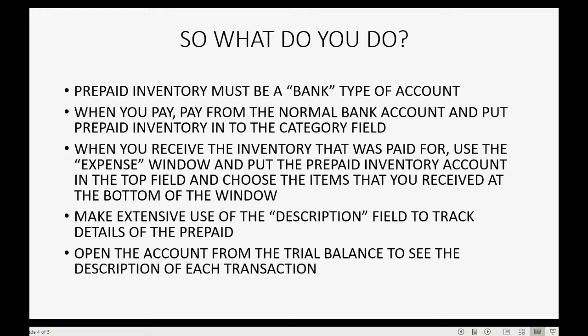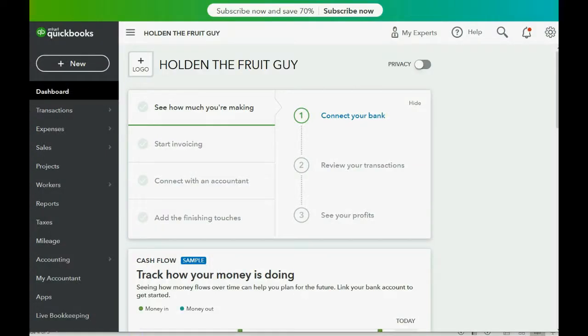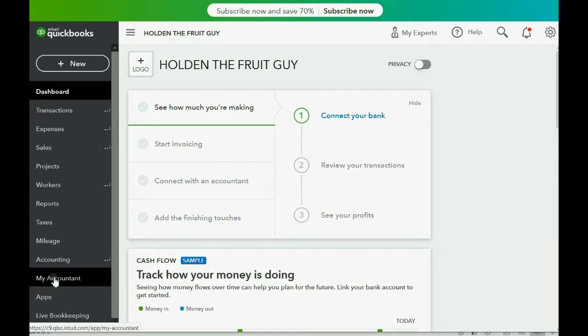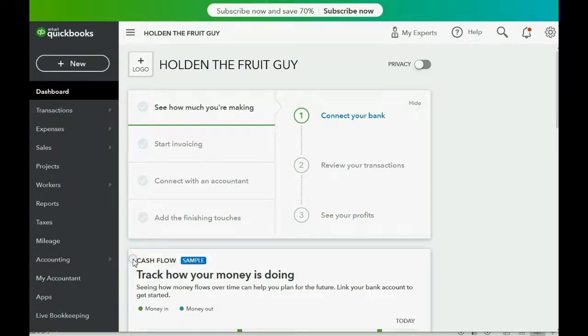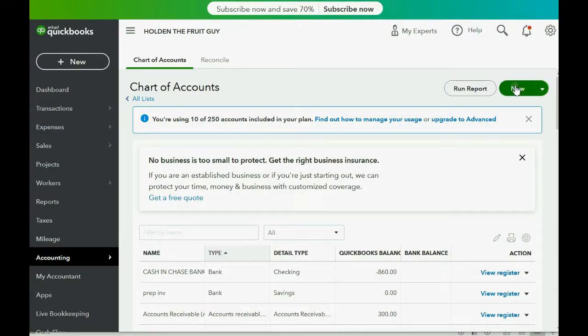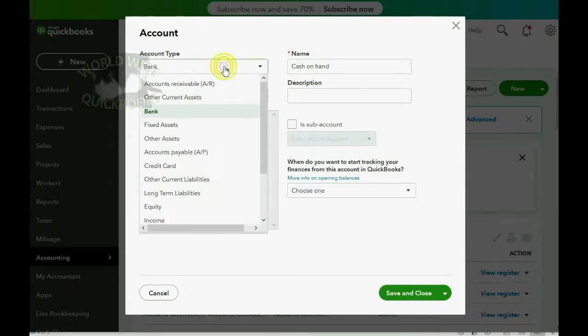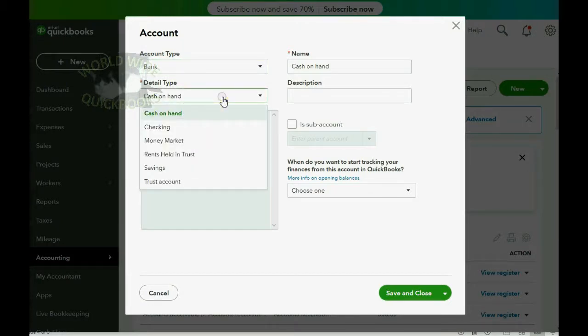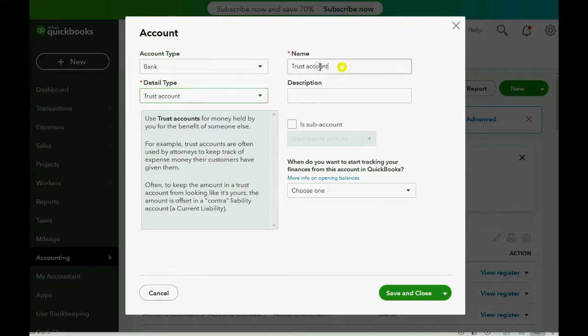So before our example, let's go ahead and create the prepaid inventory account in the chart of accounts. You click in the left panel where it says Accounting, Chart of Accounts. Then you go to the top right and click New. Now, it's a bank type of account, and again, the detail type really doesn't matter. You can put checking, money market, savings, trust account. It doesn't matter. All that matters is the name is